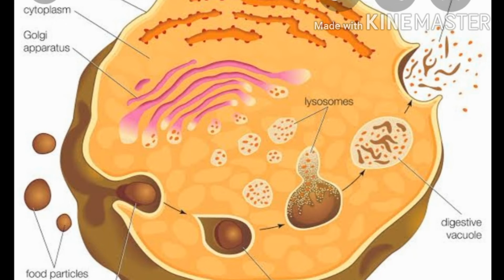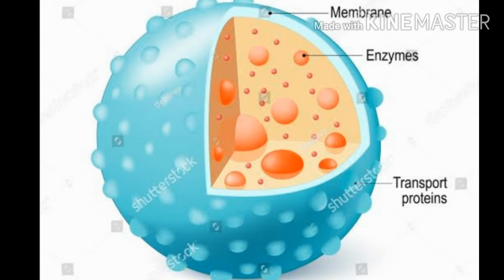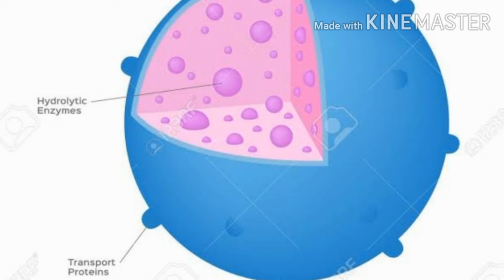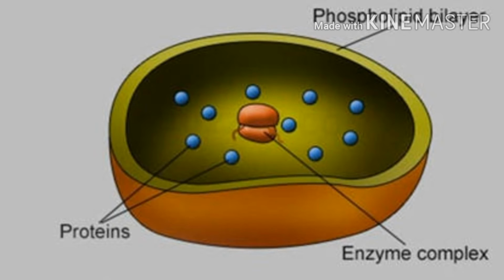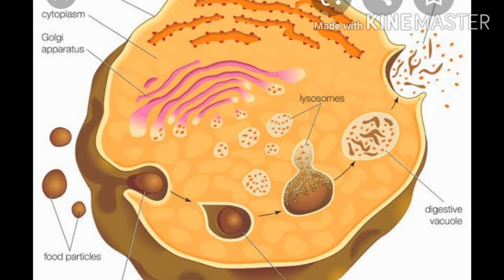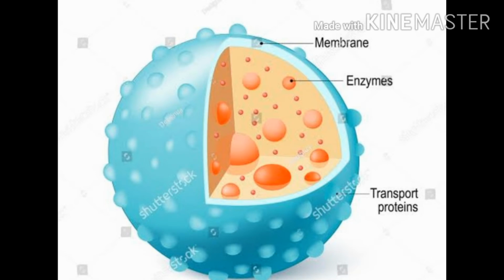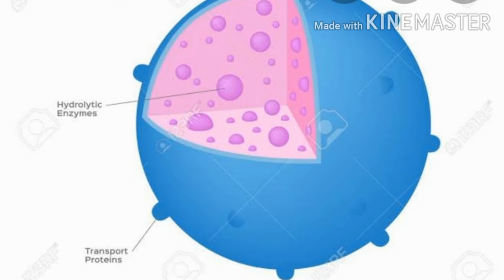Come, let us see about lysosomes. Lysosomes are membrane-bound sacs filled with digestive enzymes, and these enzymes are made by rough endoplasmic reticulum as we learnt before. Lysosomes help a cell by keeping it clean, digesting foreign materials which enter the cell. What is the foreign material mentioned here? It is nothing but bacteria, viruses and unwanted food.